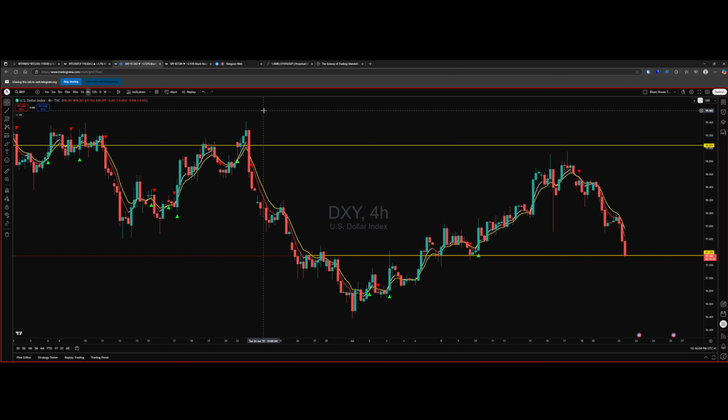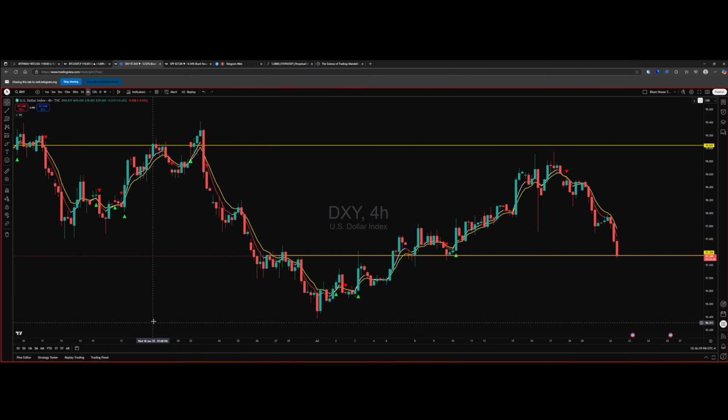And on this 4-hour chart, I happened to be in a discussion earlier this morning with someone you're familiar with, who's been in here before, David Nikoski. We were looking at this chart, and I did something I do a million times a day. I look for levels. That's what I was doing on this particular time frame, just looking for levels. And this level here is what I found. Now, this was much earlier this morning.